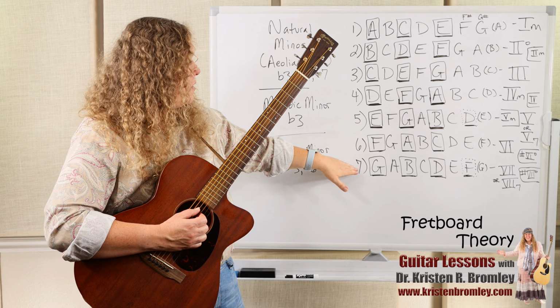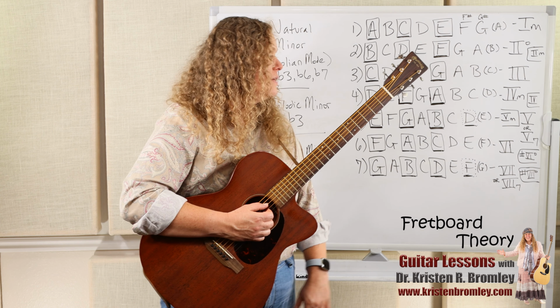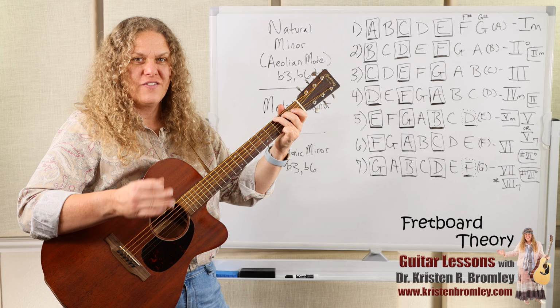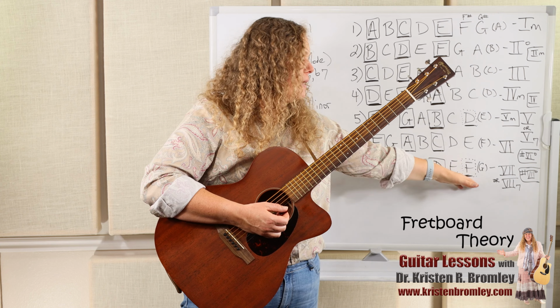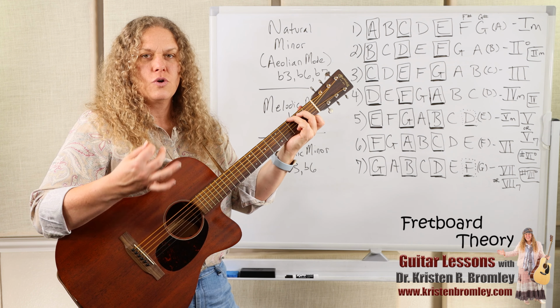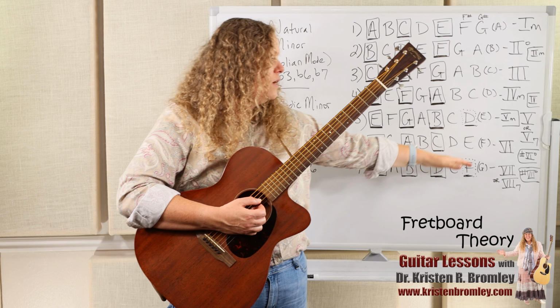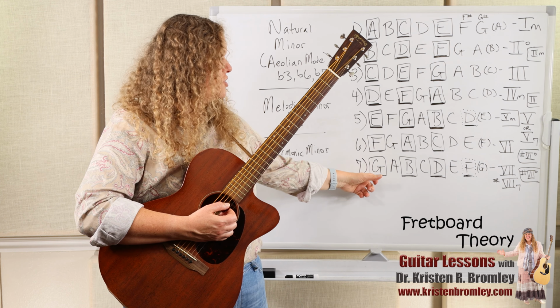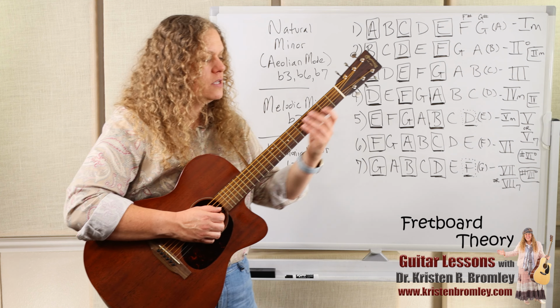Okay, so now off step 7, we have the G major chord, which is our 7 chord. And with this one, we can actually go up and get that flatted 7th and get that dominant 7th sound, the major chord with a flatted 7th, and I could have G7 there. And then we also, because of the G sharp, could raise this one and we could have G sharp diminished,